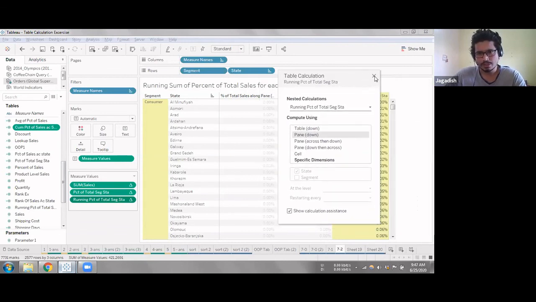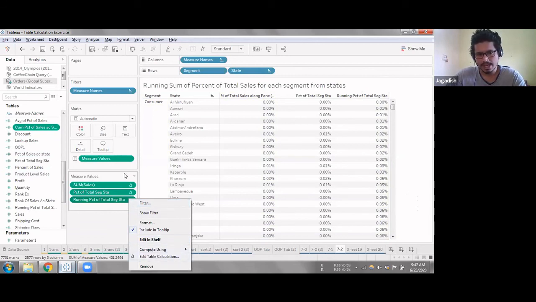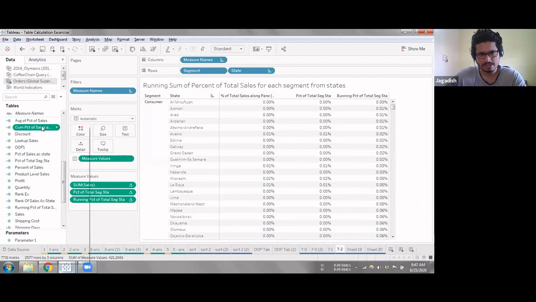What I want you to know is the table calculations are not limited to the options you can find here or in add table calculations. Table calculations are much bigger than the options provided there.